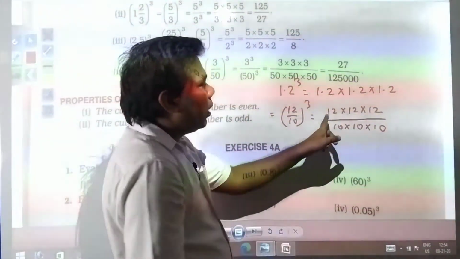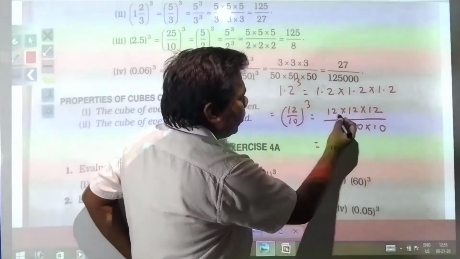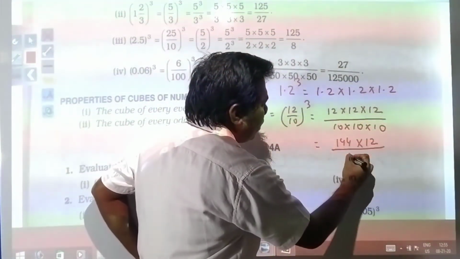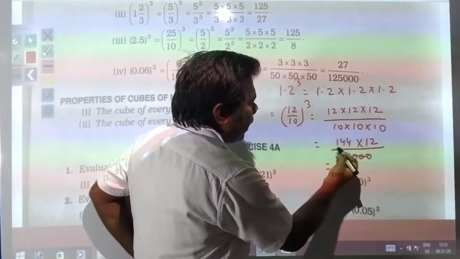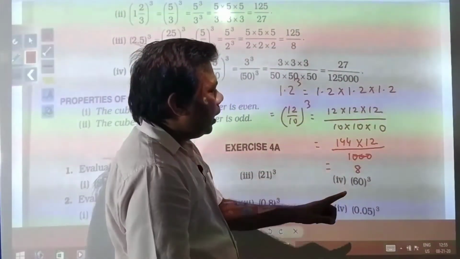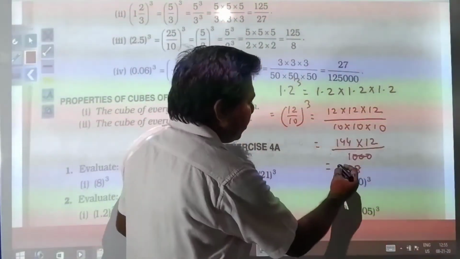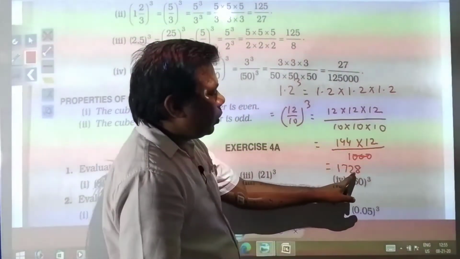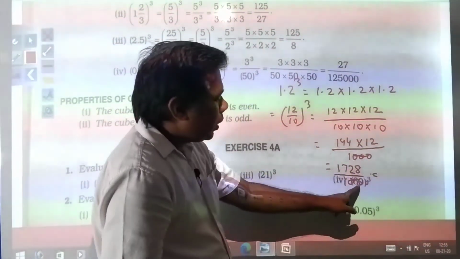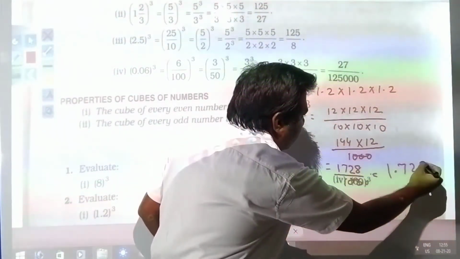So 12 into 12, if you are multiplying, you will get 12 2s are 24, 2 you have, 12 1 is 12 and 2 is 144, into 12, divided by 3 zeros you will be having. Just you multiply again. 12 4s are 48, 4 you have. 12 4s are 48 and 4 is 52. 5 you have. 12 1 is 12 and 5 is 17. 1728 divided by 1000. It means, just you see, 3 zeros you have. 1 2 3. So here your decimal you will have. This will be your answer.